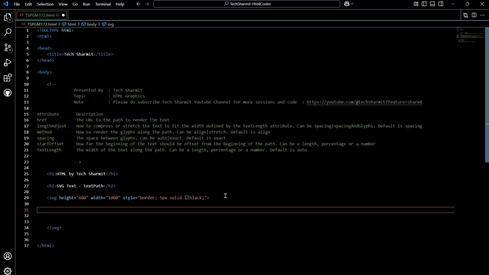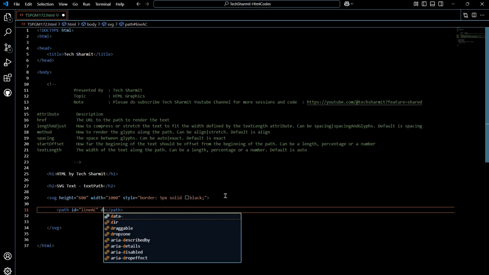So we all know that path element is used to draw some shapes on screen. Okay, so I'm using it, and in case you don't know about path, you can refer to the previous session because there we have already discussed it. So now I'm assigning one ID to it. So ID would be line AC. Okay, then we will put here D equal